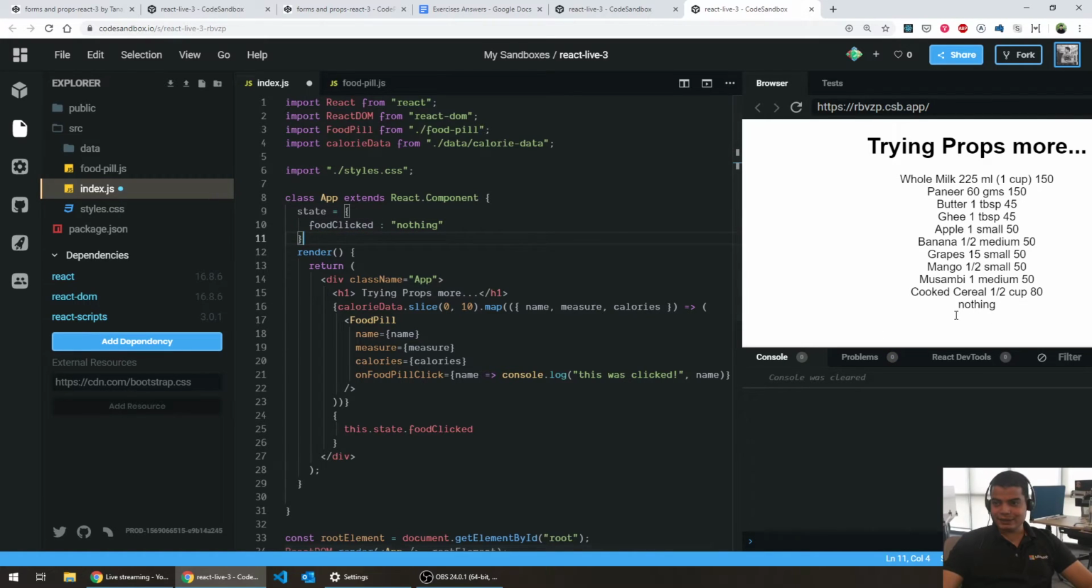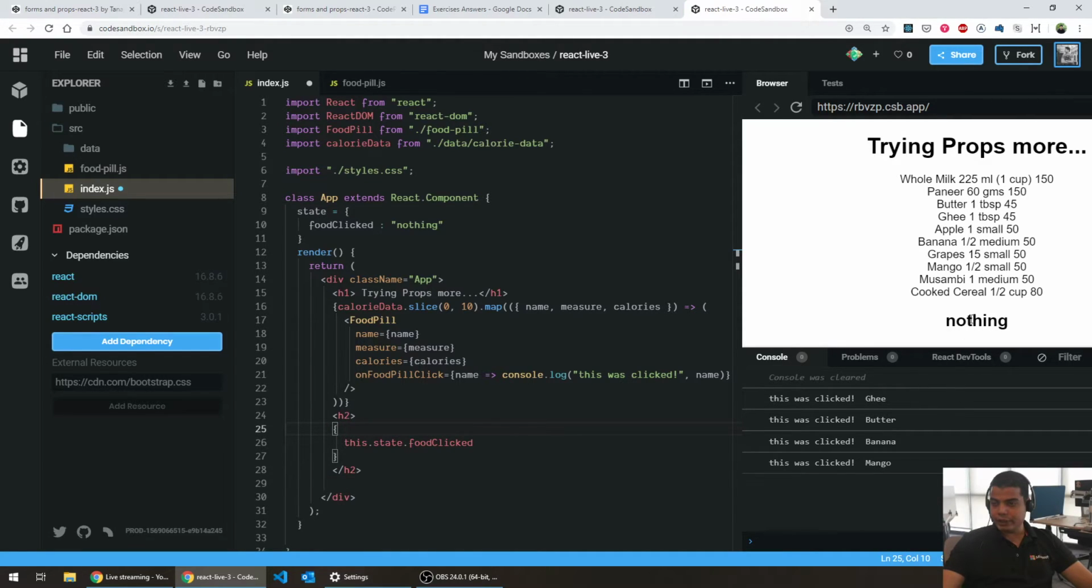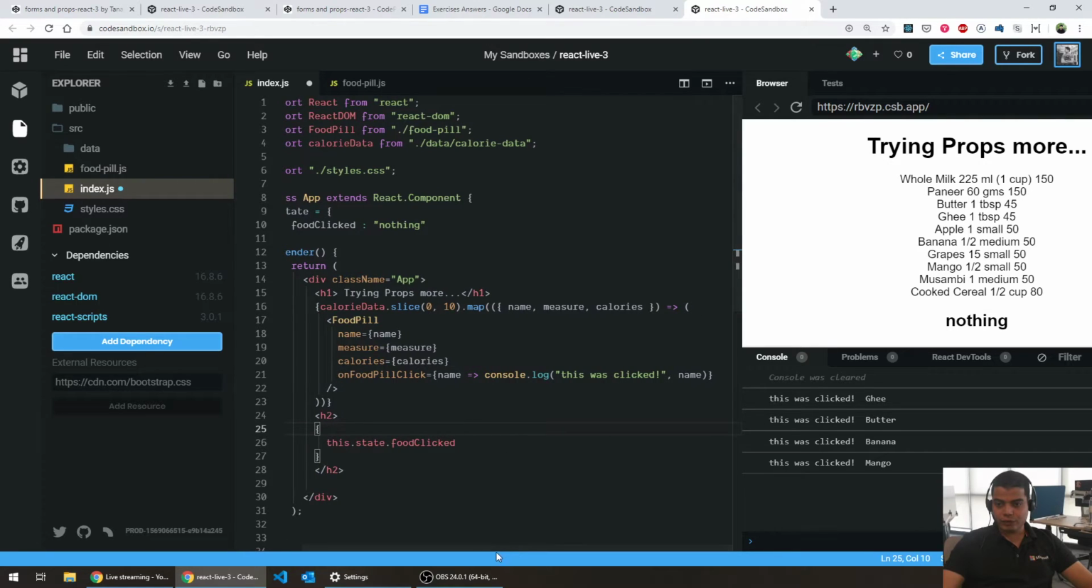So you say footClicked is nothing. Okay, let's put this in an h2 so that it looks better. So you have nothing clicked. If I click on something, it's showing here, but I want it to be here. Okay, so what I need to do is